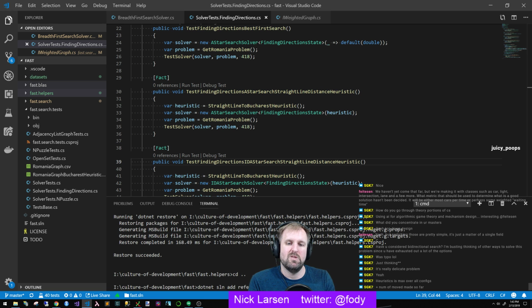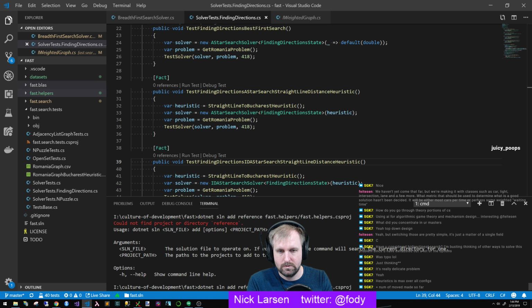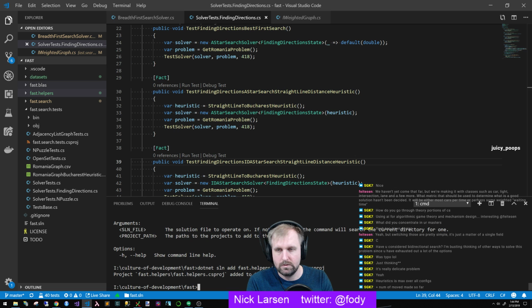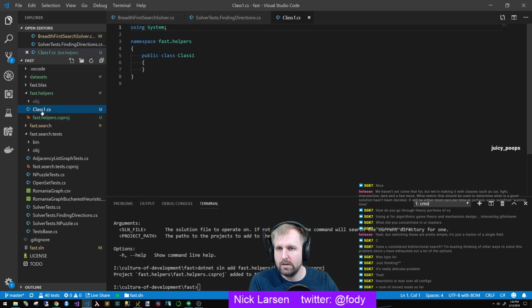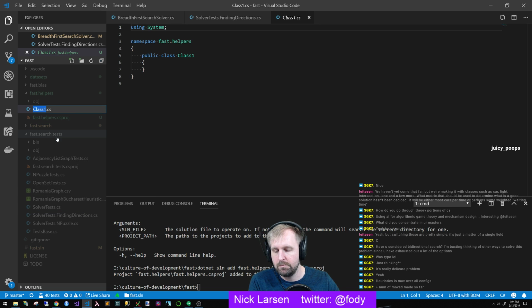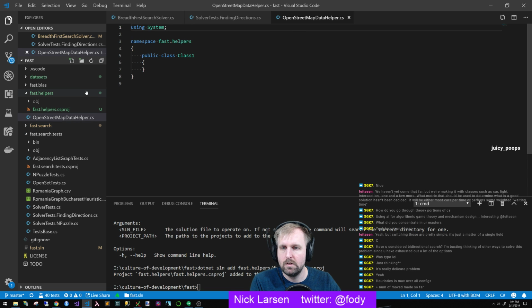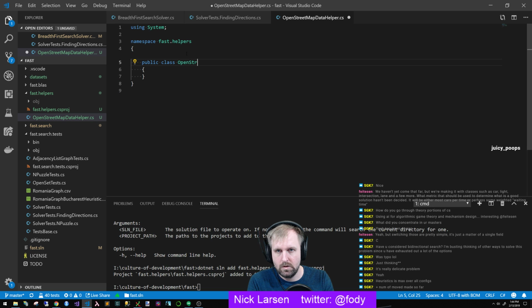cd .., and then we want dotnet sln add reference, and we want this to be fast.helpers/fast.helpers.csproj. Okay. We got fast.helpers. We got a Class1, which is silly. Rename it to OpenStreetMapDataHelper.cs. Open street map data helper.cs, and let's